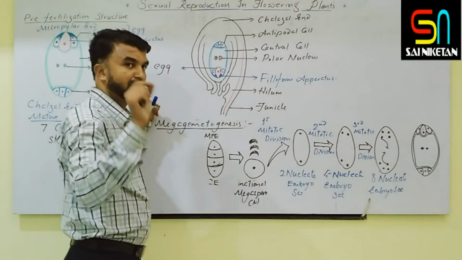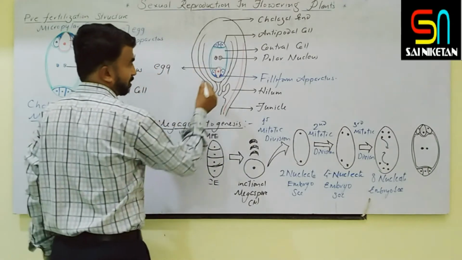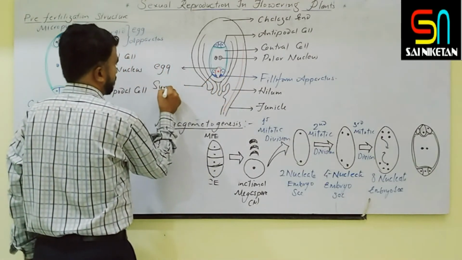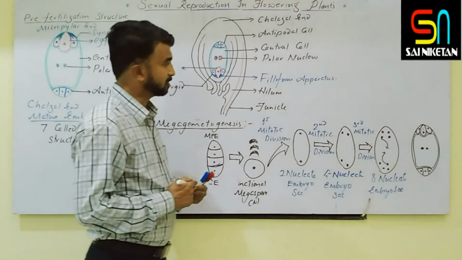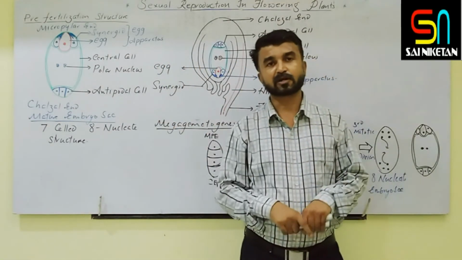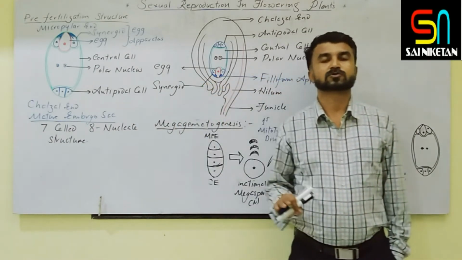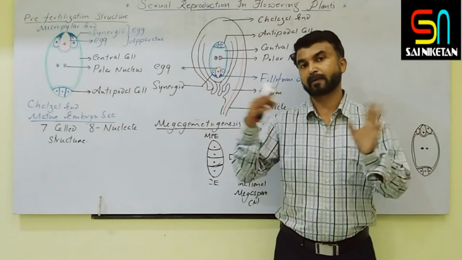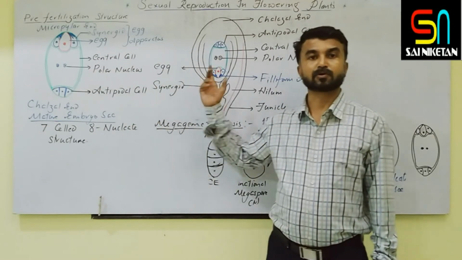This is the female gamete, means only 1 cell out of these 8 cells. So these cells are called the synergids. Collectively it is called the egg apparatus. So when you compare microsporogenesis, microgametogenesis and megasporogenesis and megagametogenesis, the major difference is that from the microspore mother cell 4 microspores are produced. All these microspores have the potential to develop into pollen grains. Productivity is maximum. Clear?